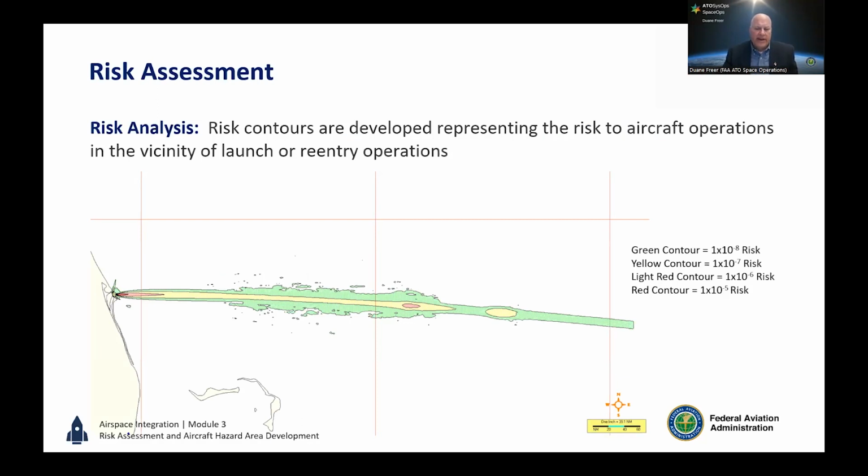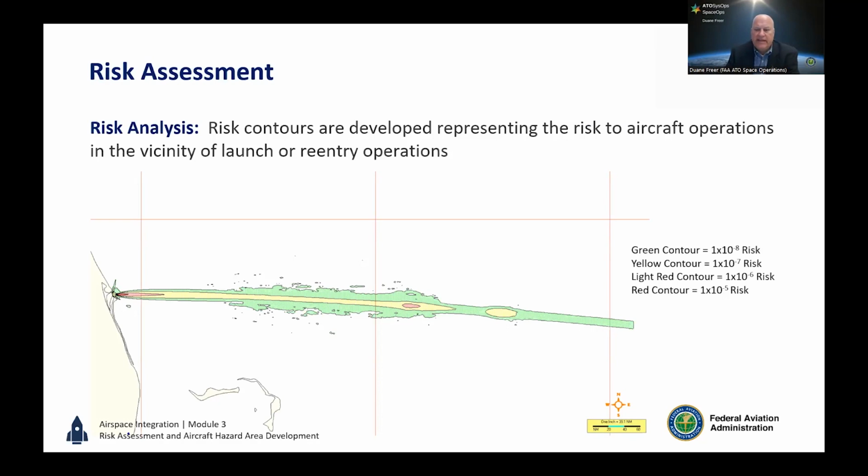The regulatory or policy requirement of 1 × 10⁻⁶ is indicated by the light red contours, and the yellow contours indicate the 1 × 10⁻⁷, and the green are 1 × 10⁻⁸. Those are the contours we use, the 10⁻⁶ and the 10⁻⁷, as part of our acceptable level of risk process.